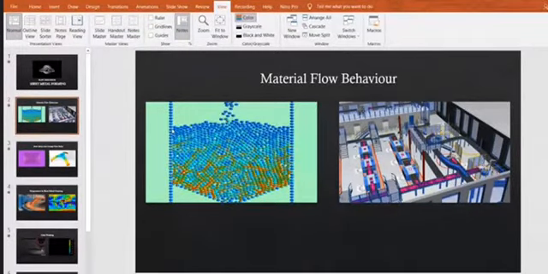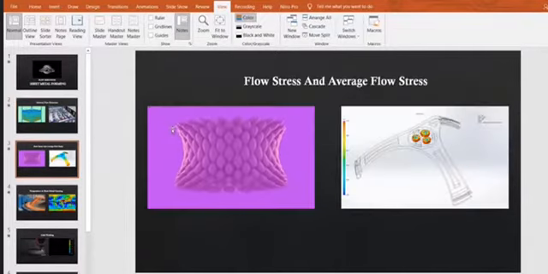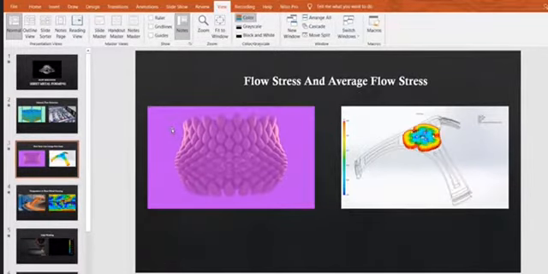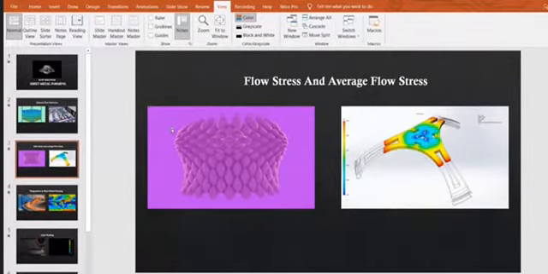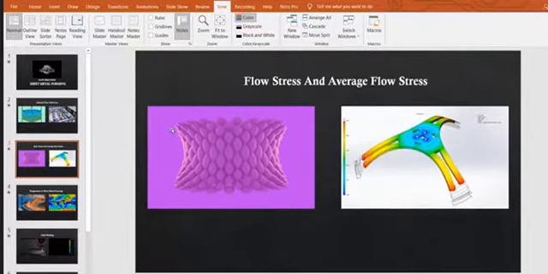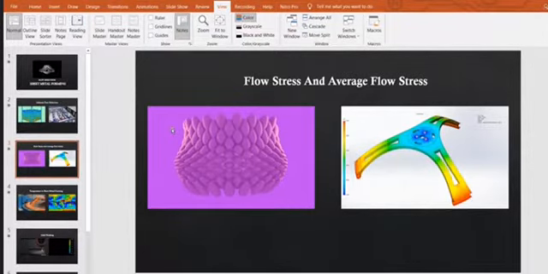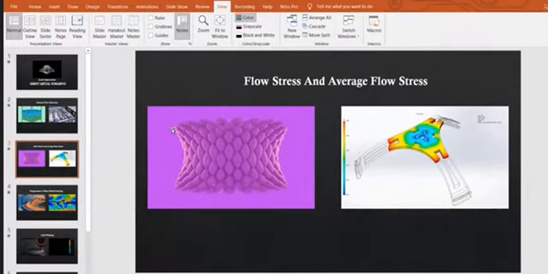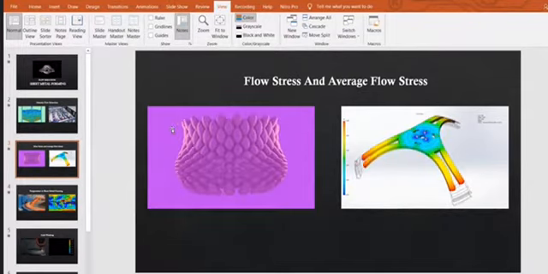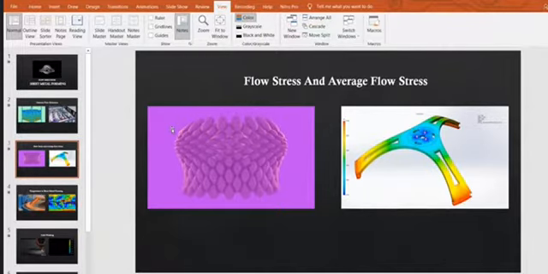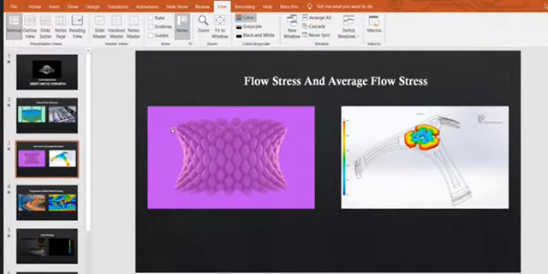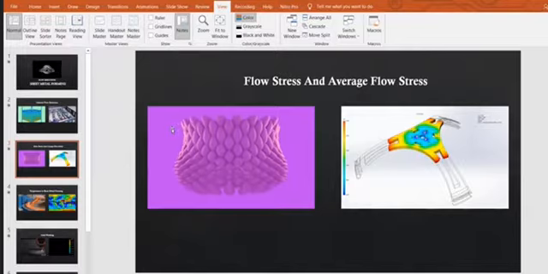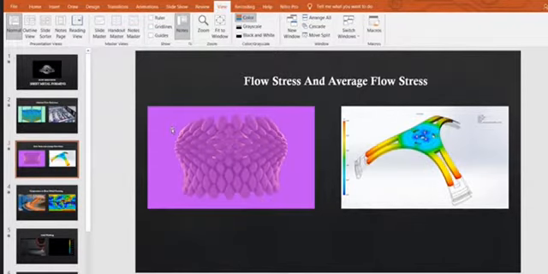Next is flow stress. The flow curve describes the stress-strain relationship in the region in which metal forming takes place. It indicates the flow stress of the metal, the strength property that determines forces and power required to accomplish a particular forming operation. For most metals at room temperature, the stress-strain plot indicates that as the metal is deformed, its